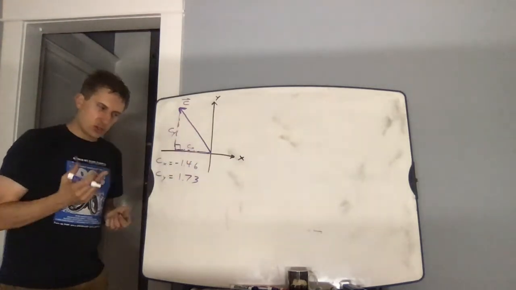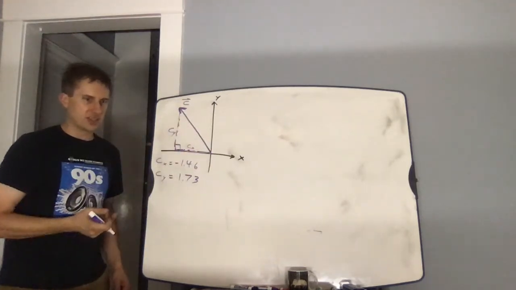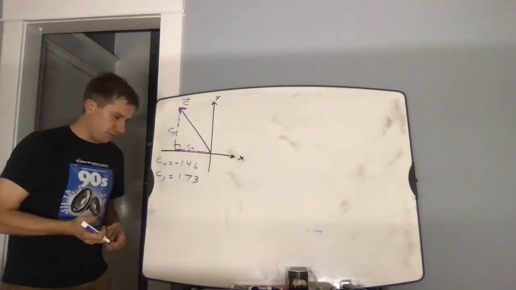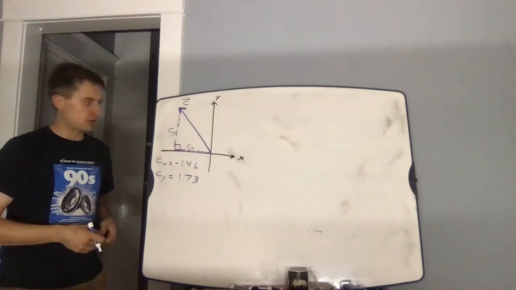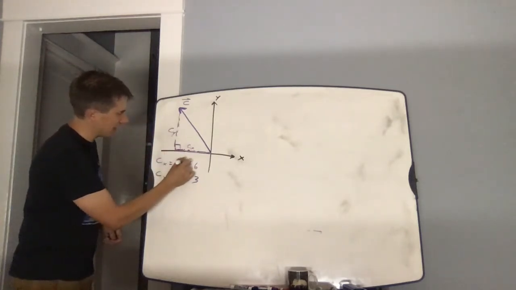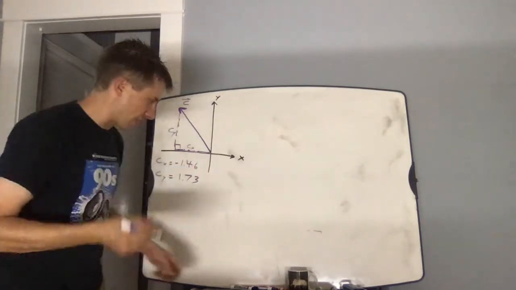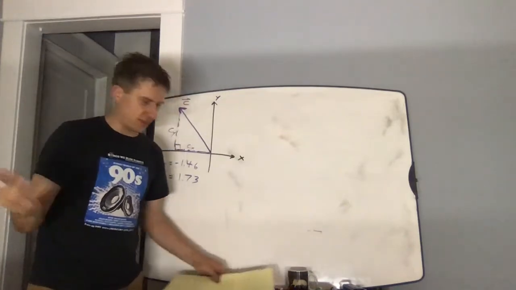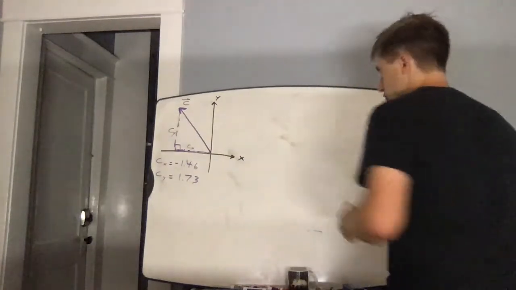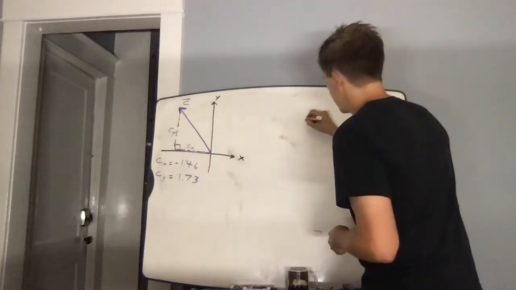So the two questions: what is the magnitude of this vector? What angle does the vector make in relation to the positive x-axis? To find the magnitude of this vector, I'm going to notice that this triangle looks very similar to a different triangle. It technically isn't the same thing, so I'm going to draw it in a different color. But this triangle looks very similar to a triangle that is